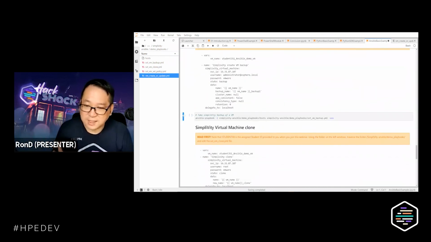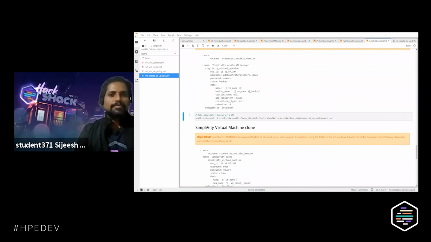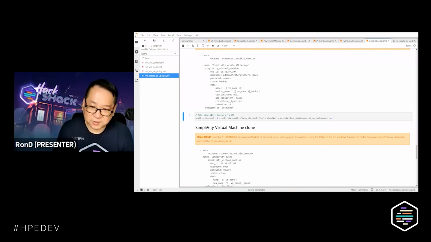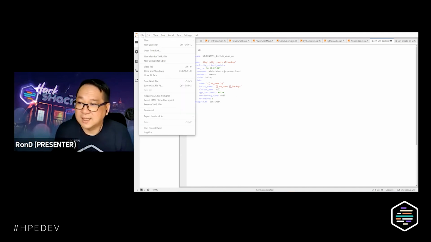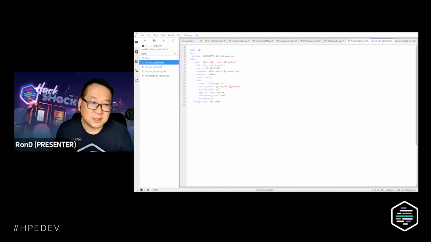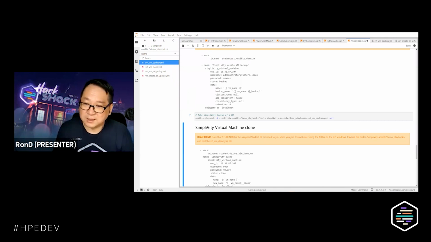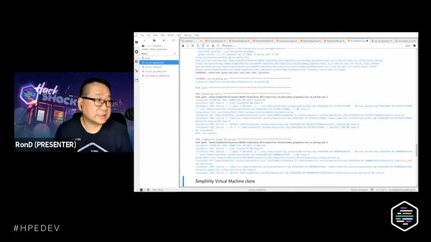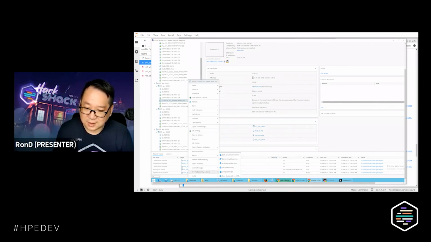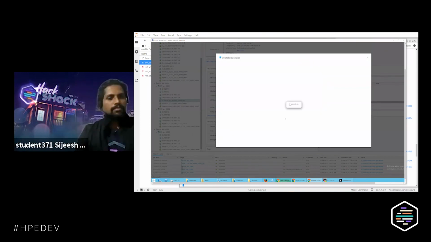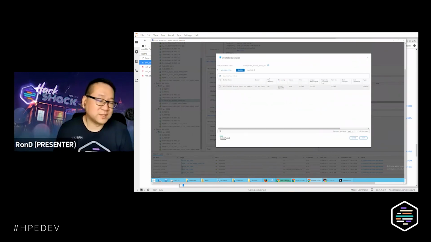I'm almost running out of time, but I think that we should probably hit it pretty close. We're going to be taking a backup of the particular virtual machine. So we'll open up the YAML here, this SVT-VM backup YAML, make a change on the name of the VM that we want to back up, which is the VM that we just created. We're going to save the YAML, come back into the Ansible here, and then run it. And we can see that now we got some actions going on over here. It's supposed to create a backup. We can definitely take a look at the content here. The backup has already been created.